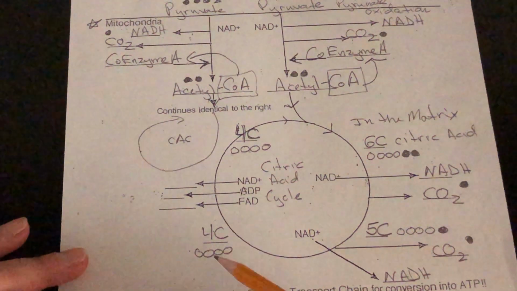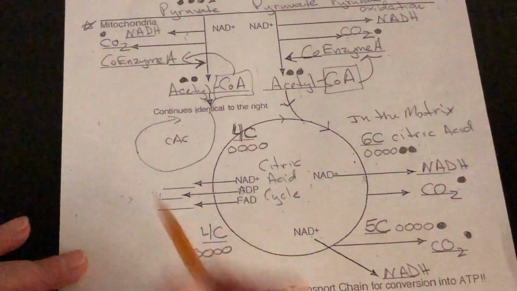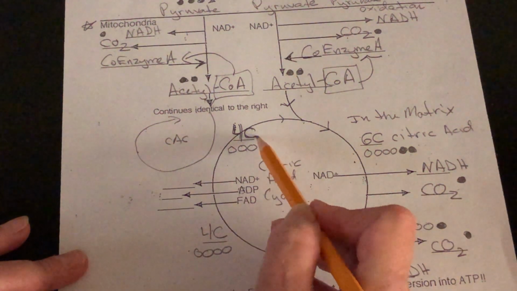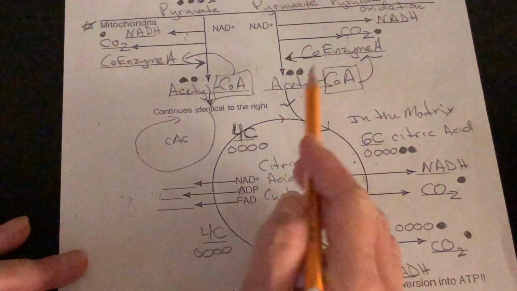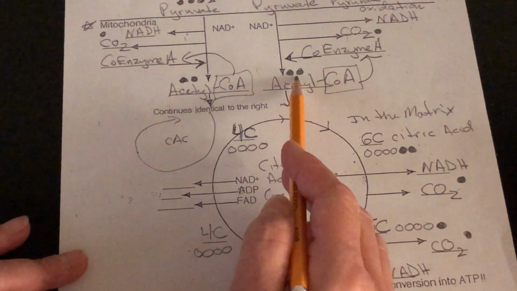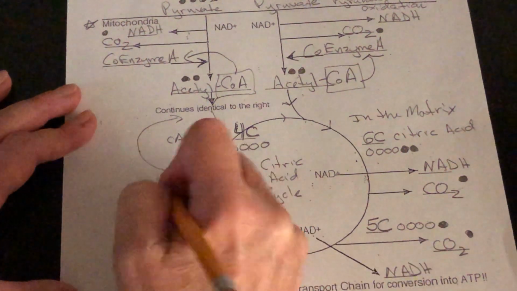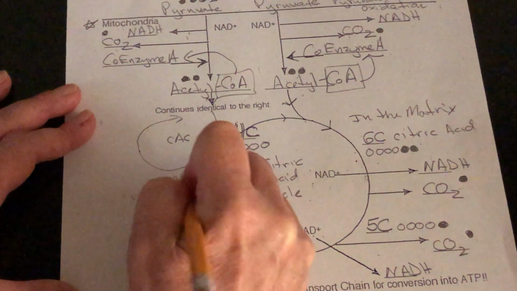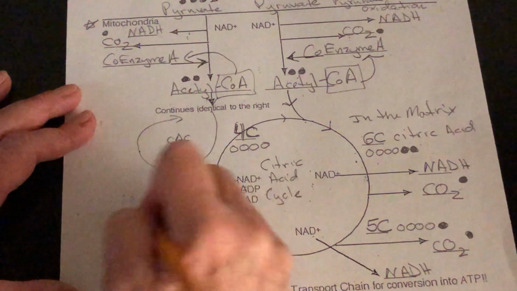Now, in order for this compound to be able to keep going around and around, it has to go back into this formation, has to have the right structure in order to receive the acetyl. So there's some swapping around that goes on here. We end up making an NADH here. We make an ATP directly. And then we make something called